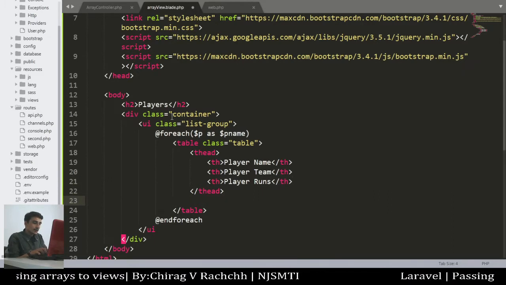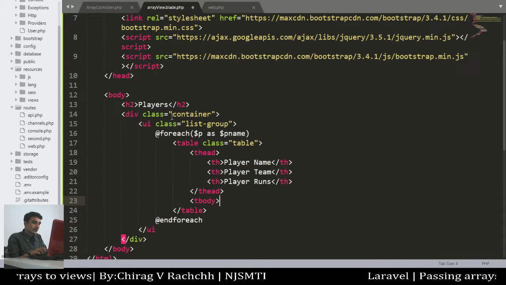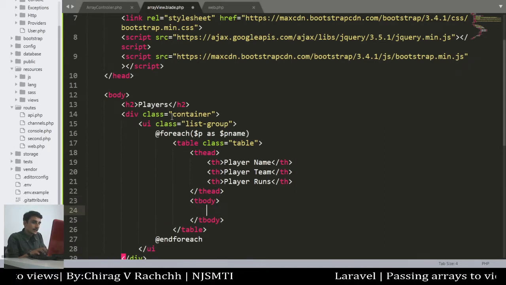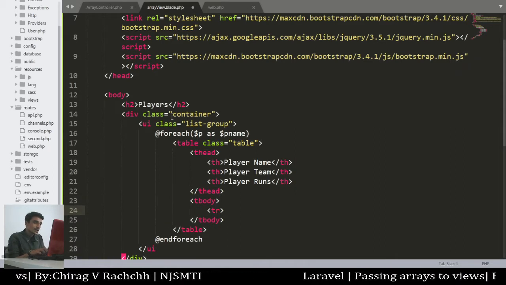Okay, now table body, and inside that for each row we will write tr.